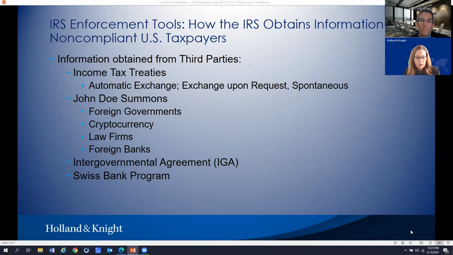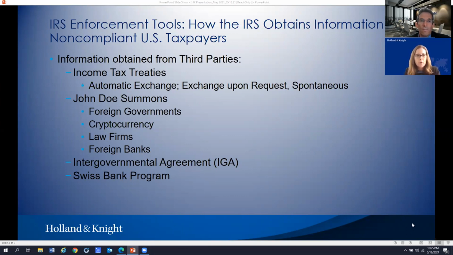It was enacted back in 2010, and it requires foreign financial institutions to report to the IRS on accounts held by US persons. And if they fail to do that, they are subject to a 30% withholding tax on US sourced payments. So given there are many global financial institutions that hold US stocks, investments, being subject to a 30% withholding tax is significant. And so as a result, you had many foreign governments agreeing to enter into these IGAs to comply with the FATCA disclosure requirements.